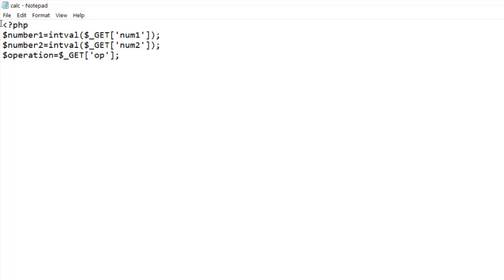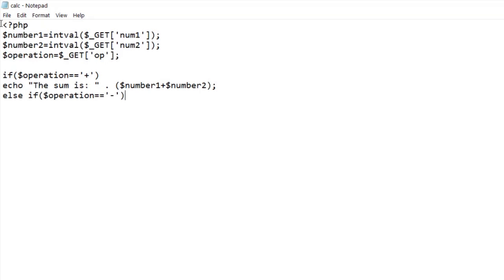Now that we have picked and stored the values, let us work on them. We write the if-else conditions. Now if the operator entered is plus, we add the two values. Else if it is minus, we subtract the second value from the first value and if something else is entered, we display this message.